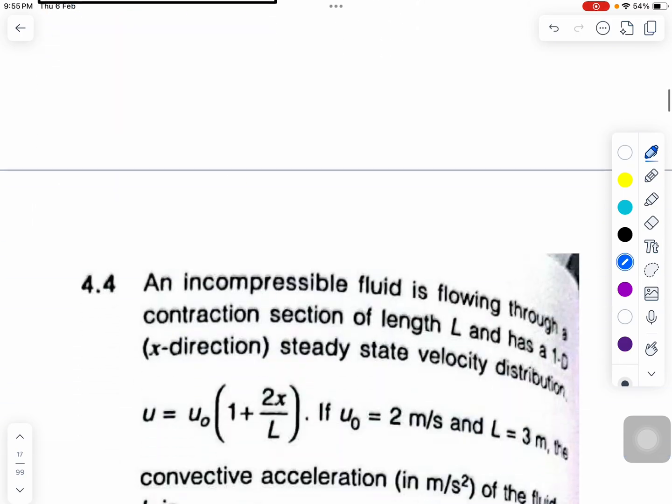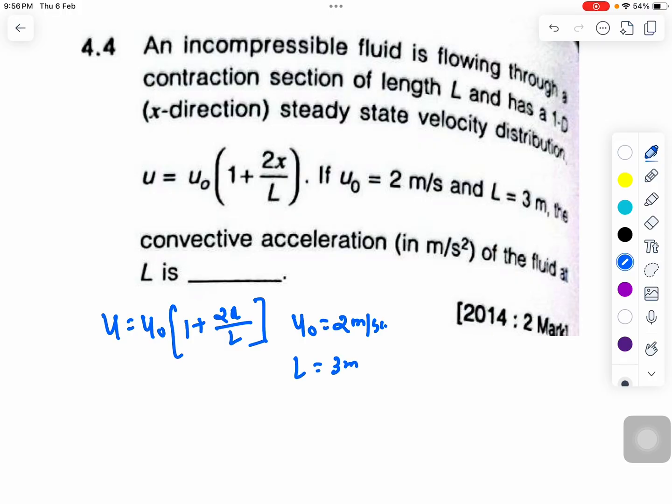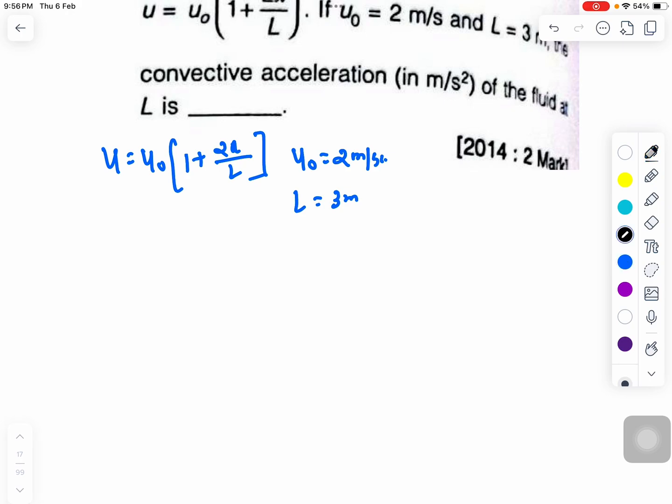Okay, moving towards the next question of today's discussion. This is a really good question. An incompressible fluid is flowing through a contraction section of length L and has a one directional, x direction, steady state velocity. So velocity is given to you in this problem as u naught into 1 plus 2x divided by L, where the u naught value is also given to you, that is a constant in meter per second, and the value of L is 3 meter. The convective acceleration of the fluid is, so when we talk about the convective acceleration, the a vector,